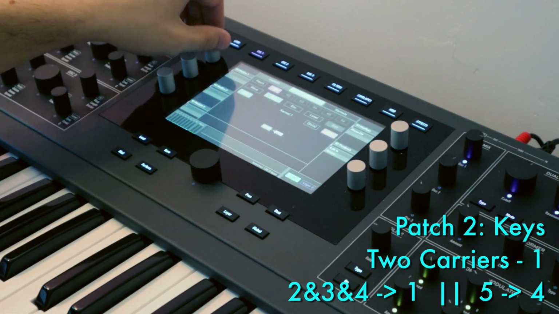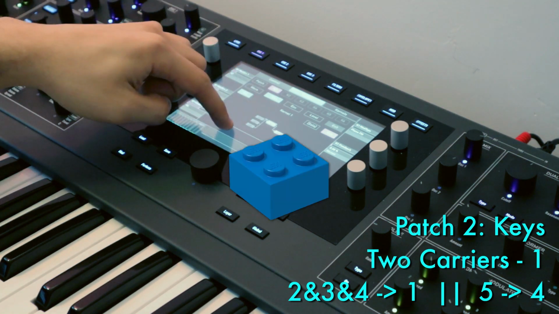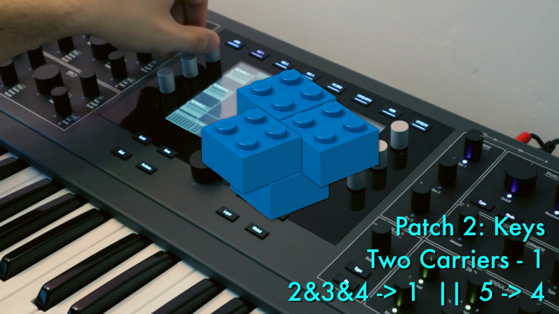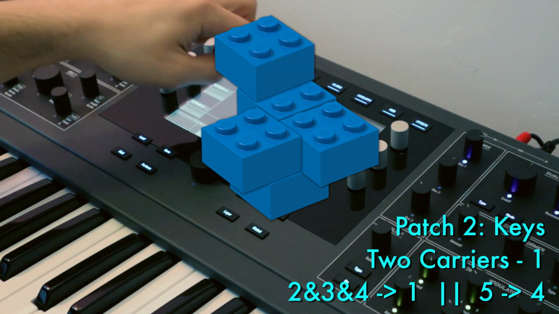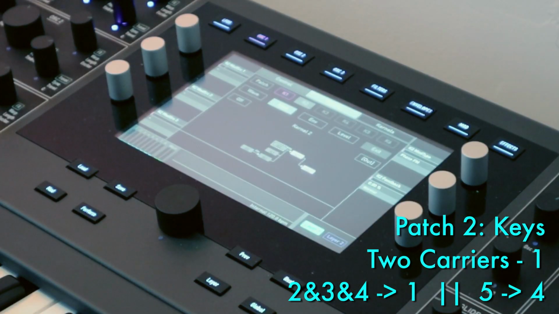So for 1, let's do 2, 3, and 4. So now we have 3 modulators on K1. K4, let's have modulated by K5. We're not going to use K6 at all. So right now we just got